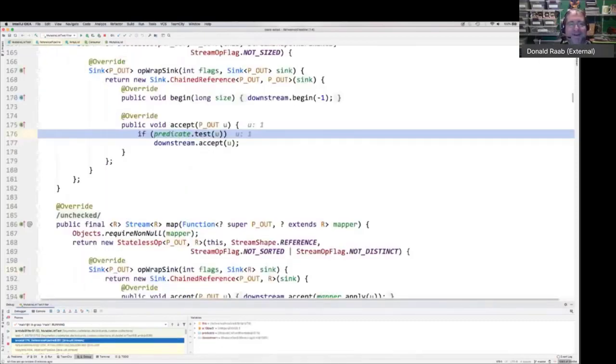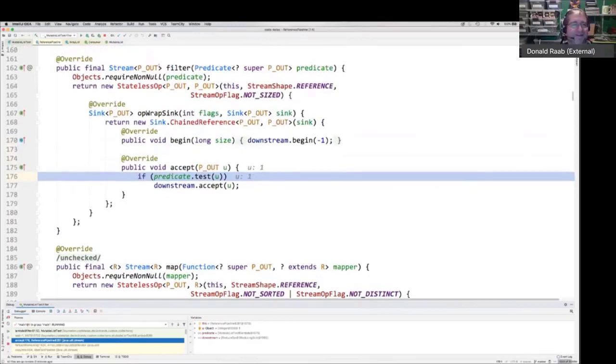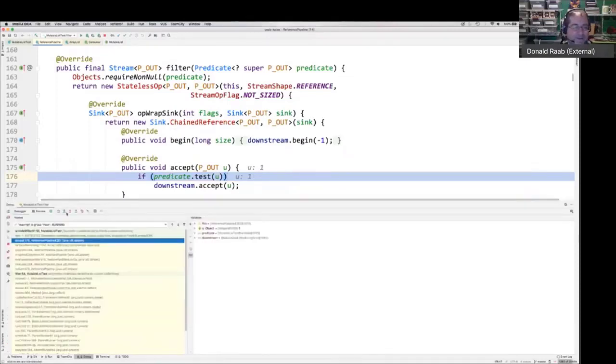And then you see here, the accept method is on something called the StatelessOp, which inside of it is a SinkChainedReference. But you see an if statement here. You might start to reason, well, and you see the element. But if you try to step through this, you're going to get lost very quickly, right? So the point being, similarly, if I stop debugging and I just want to step into the code